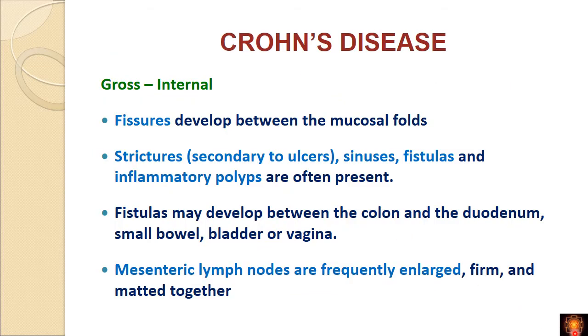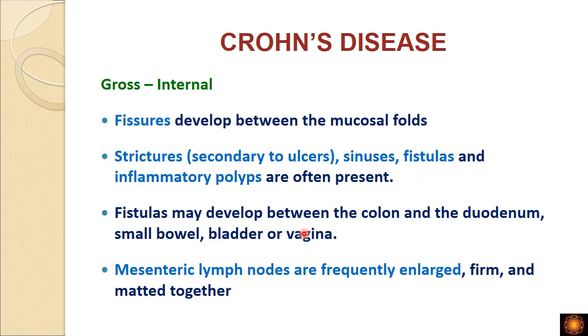Now that was about the mucosal surface. So we have a cobblestone appearance, and then we have serpiginous ulcers and railroad track like scars. Afterwards, the ulcers which are present may deepen and form fissures. Now these fissures either heal, and when they heal, they form strictures. If they don't heal and they go deeper into the serosal surface, they can form sinuses, or they can open up into the adjacent intestine and form fistulas. So we can have strictures, sinuses, or fistulas.